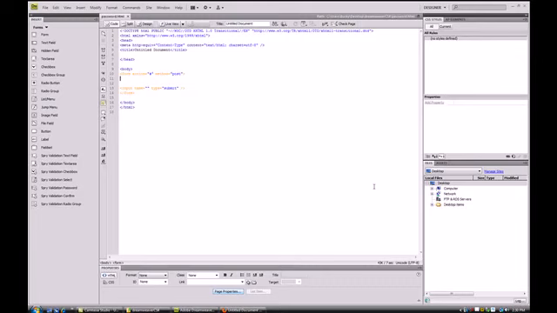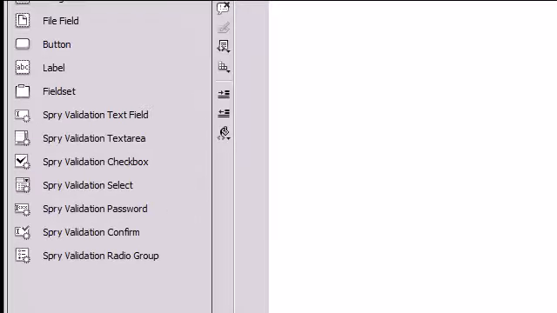when you have two different input boxes, you want to check one against the other. For instance, you type in your password and then you're asked to re-enter your password just to make sure you have it correct. So in this tutorial I'm going to show you how to do that using the Spry Validation Confirm in Dreamweaver CS4. So let's get started. Click Spry Validation inside of your Insert tab,